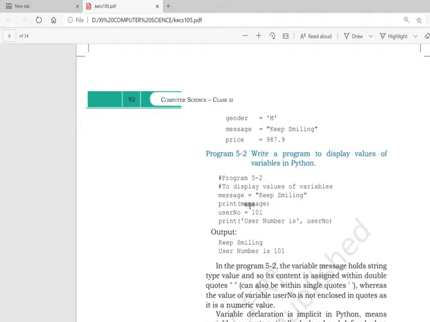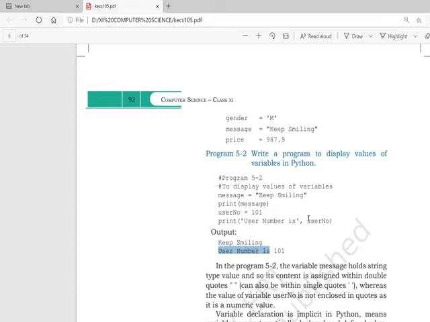The value of a variable can be a string, a character, a list, or a tuple. You know about the data types also, but from the basics, it can contain any value. In Python, we can use an assignment statement to create new variables and assign specific values to them.